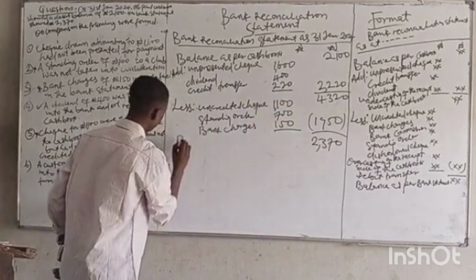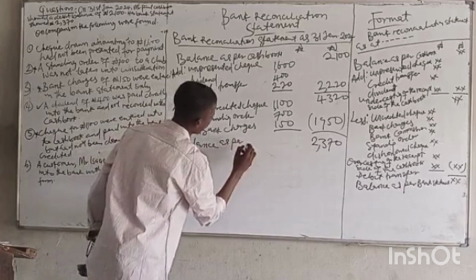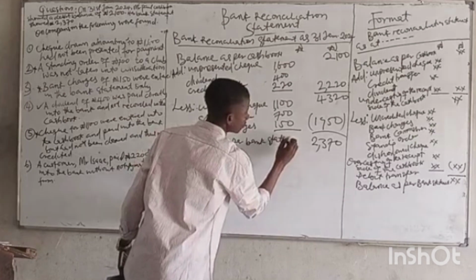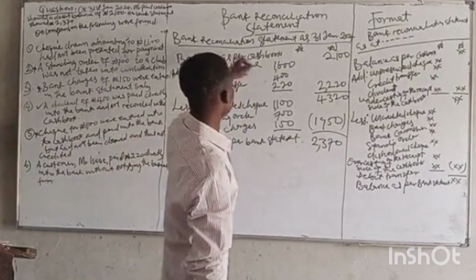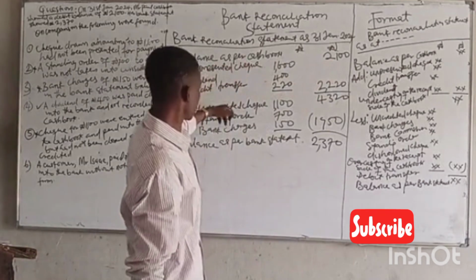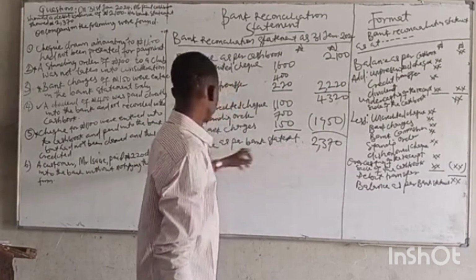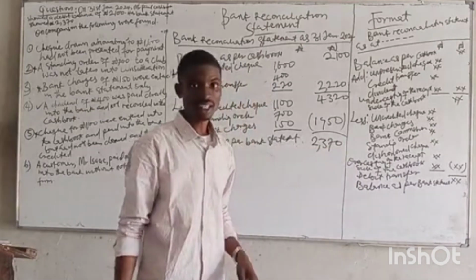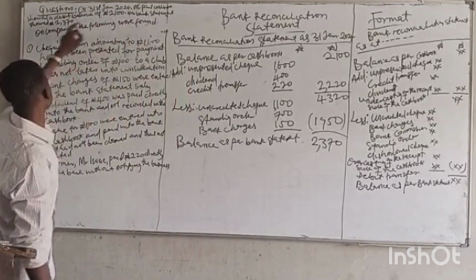This will now be balance as per bank statement. Ladies and gentlemen, we started at balance as per cash book 2,100, and then after reconciling the causes of differences up to this place, we arrived at balance as per bank statement as 2,370 naira. If you go back to the question, you discover that the balance as per bank statement was 2,370,